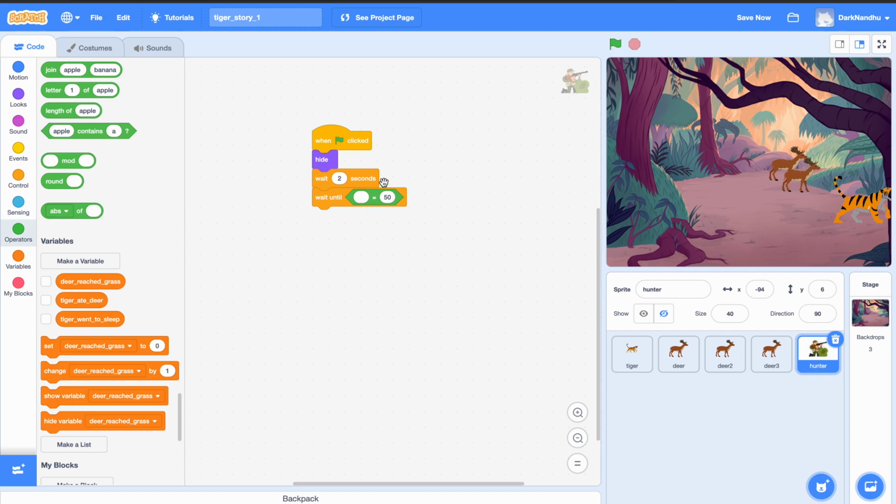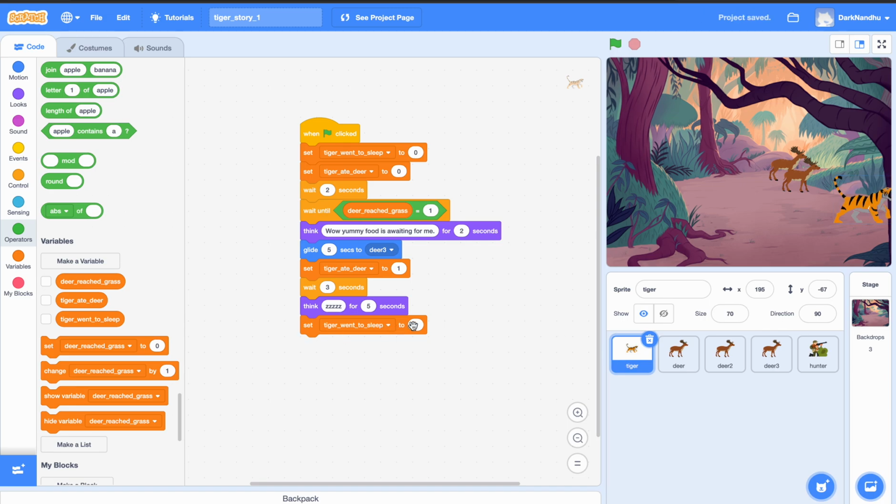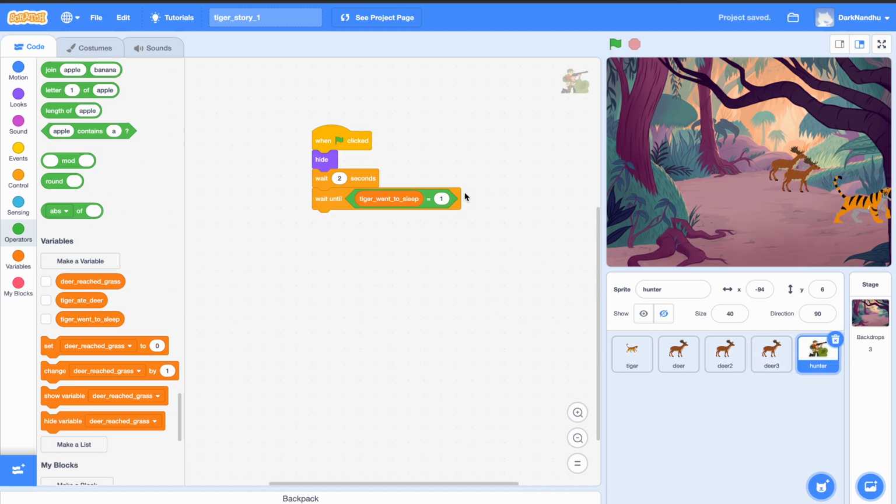We'll add this code block here. We'll add this tiger went to sleep block, and we'll set the value as 1 because we have set the tiger went to sleep value as 1. So we'll use the comparison to 1. So if it is equal to 1, we are going to